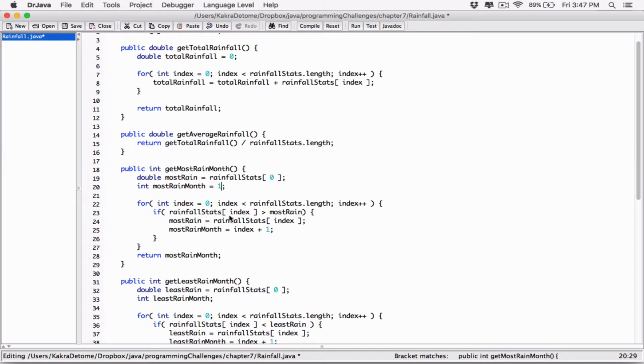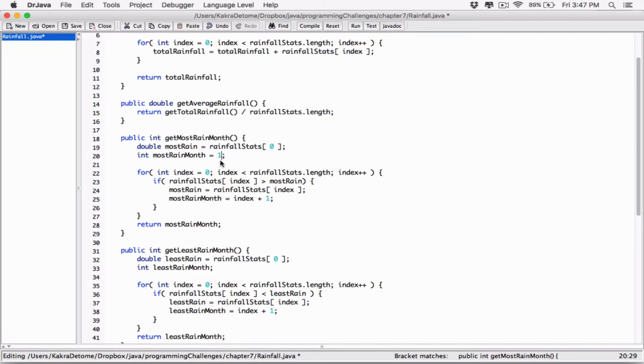So yeah, that's what's going to happen. If you have an array with all, let's say, all 2s, then the first month is going to have the most. It's going to start with the very first value you get. But if you have the first element being 2 and the second element being 3, as soon as it gets to 3, it will realize that 3 is greater than 2, and so it will override the most rain month value